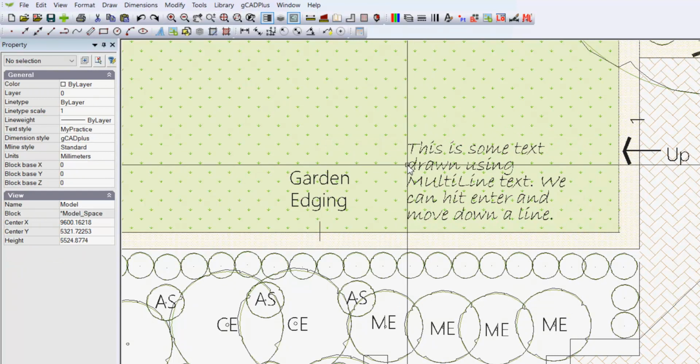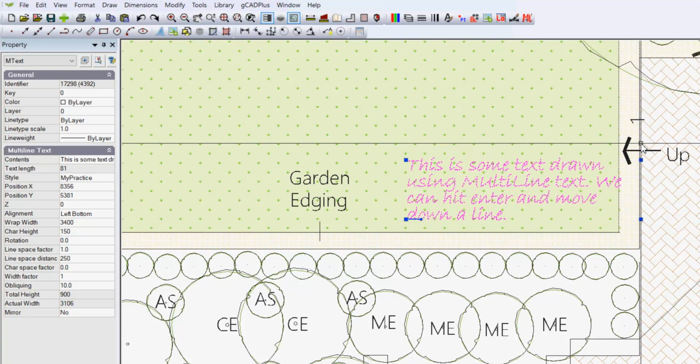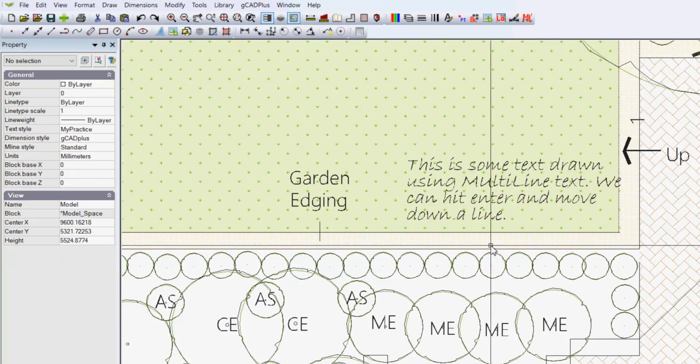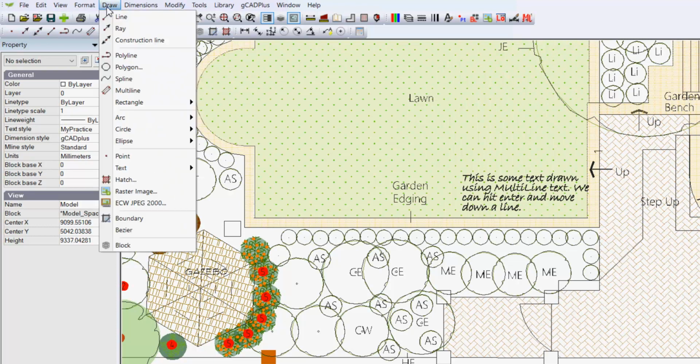We could change the line spacing when we've got multiple lines, but the advantage of this is you can widen the column and you can see the text moves around. So I hope you can see that handling text in gCADPlus drawings has some very powerful tools, and we've demonstrated a few of them. Single line text, multi-line text. You can also draw